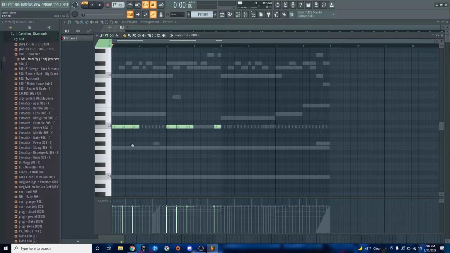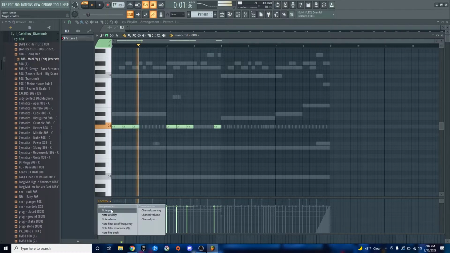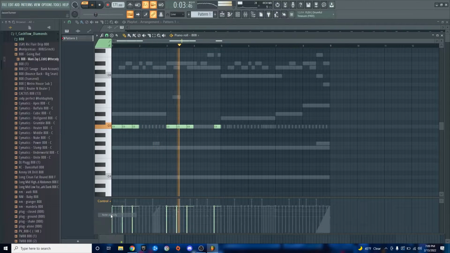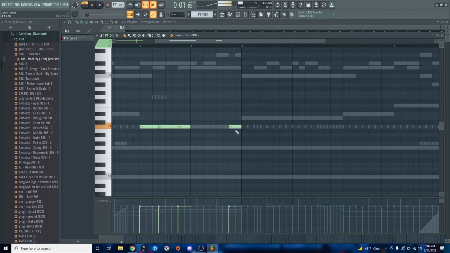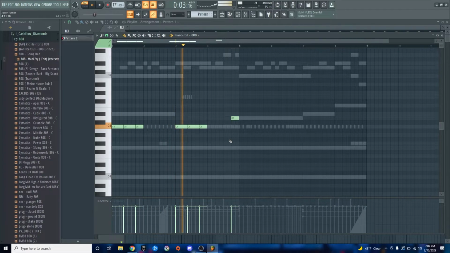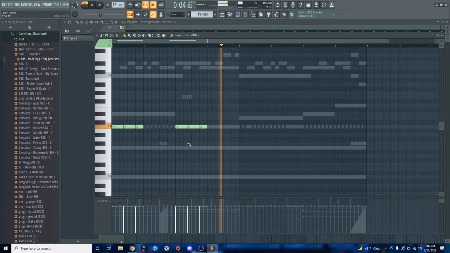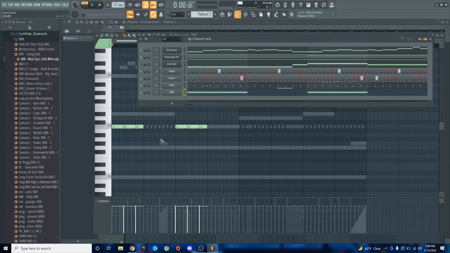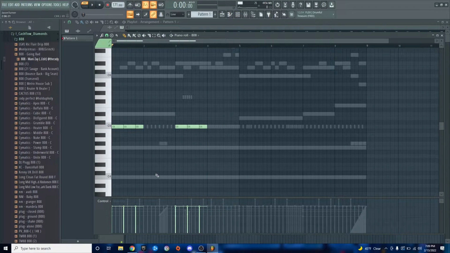These freaking headphones are terrible. Oh, I know what I want to do. The 808s is kind of one of the hardest things because I always want to make it unique, but